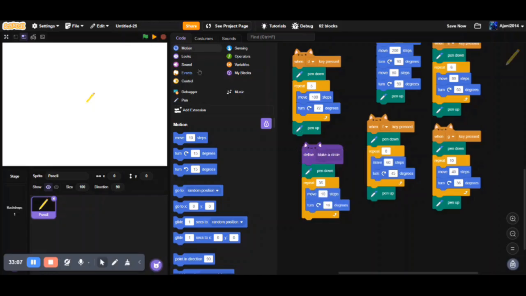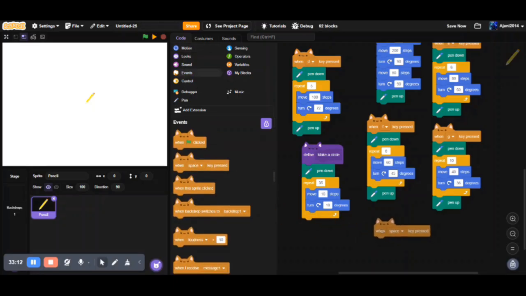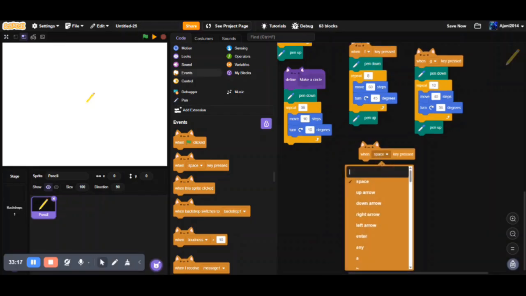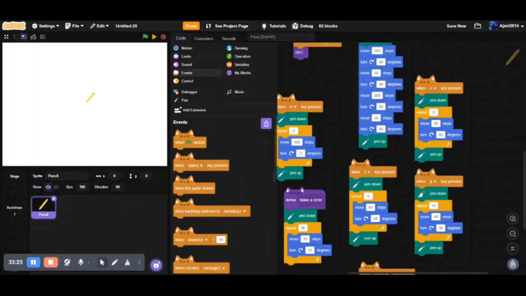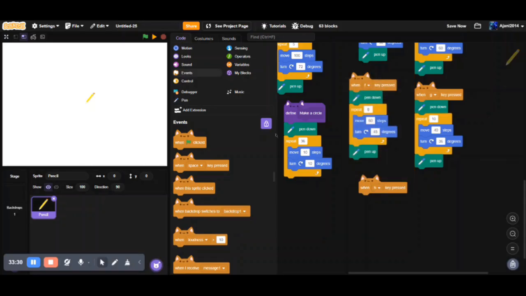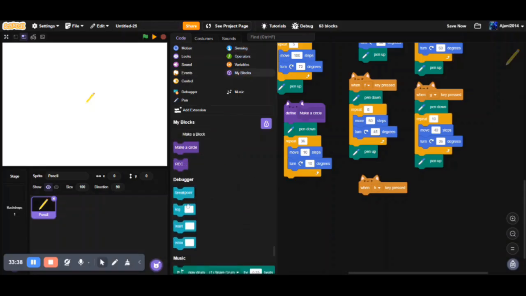So when you go to the event, bring in when space key pressed, but this time we're gonna change it to when H key pressed. Sorry, I said E, I mean H. When H key pressed, we're gonna make our circle. So when you click on H,